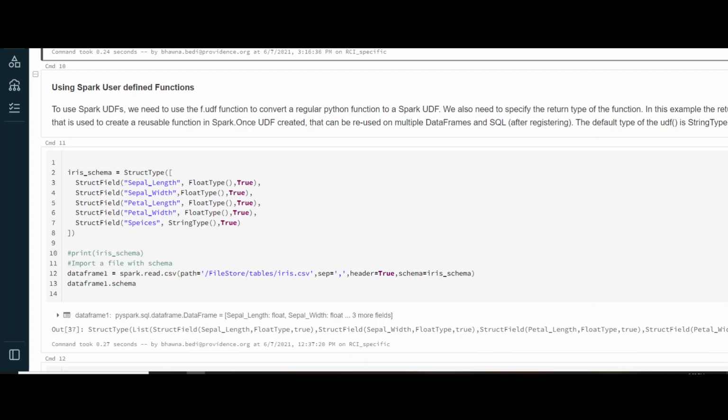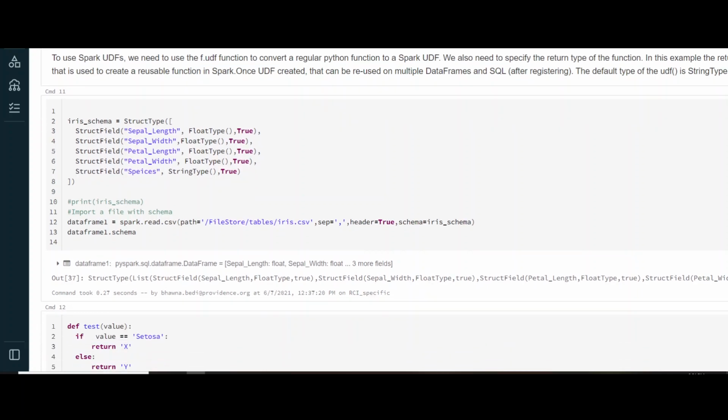You have to create it using f.udf function. When I say f.udf function, f is the package that we have imported in the beginning, from spark.sql.functions. That is the package which I have imported as f, and from that package I am using .udf function, right? So this is how we do it in a gist, but now I'll show you how it's done.